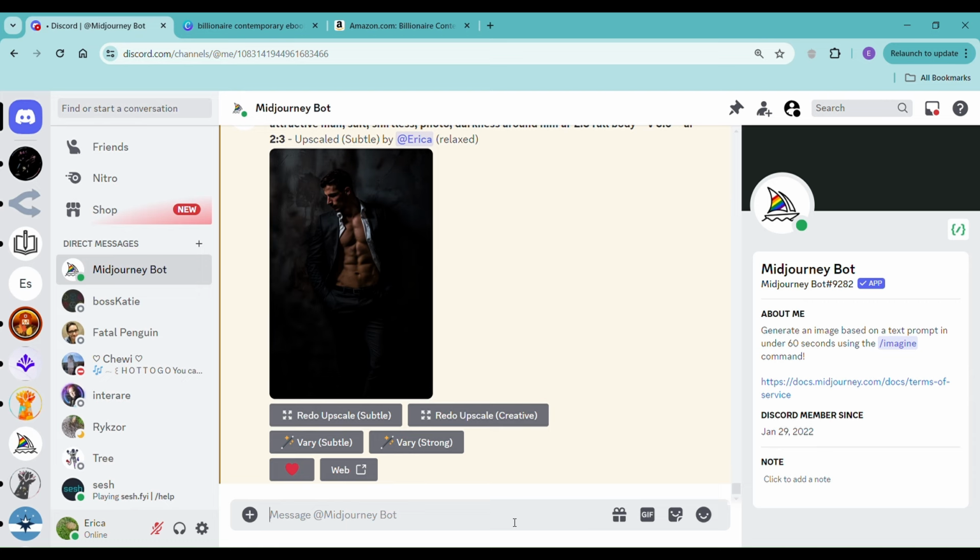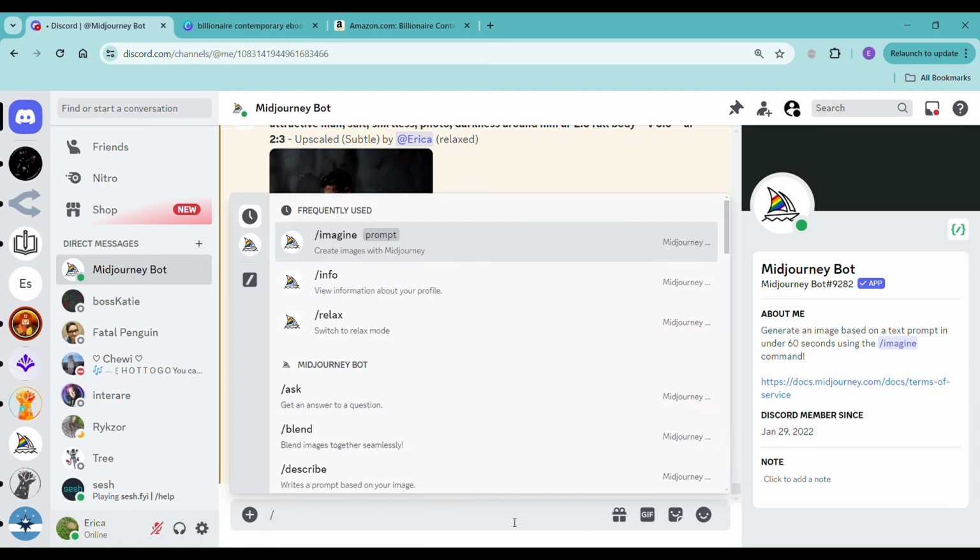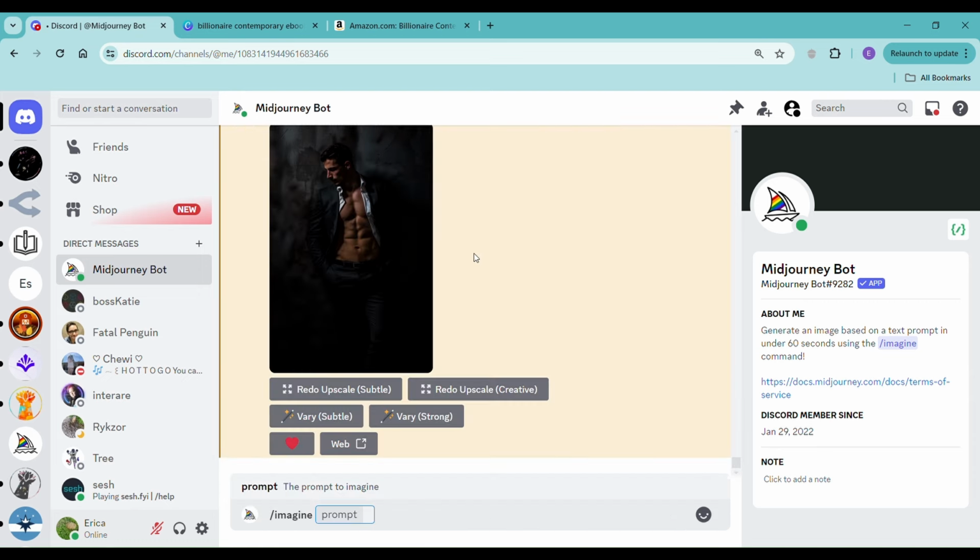This way our images are right here. We're still going to have to use Imagine. We're going to do attractive man, suit,